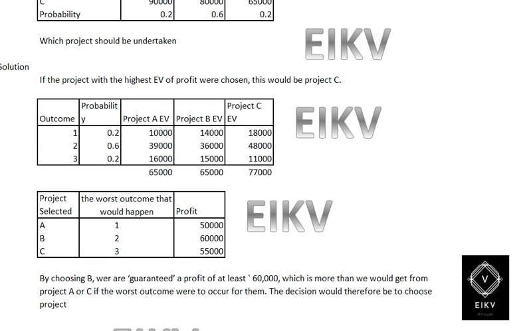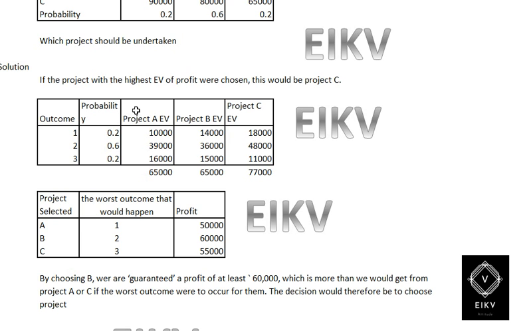So going ahead with the solution. The project with the highest EV, that is expected value of profit, would be chosen. So the project with the highest EV should be chosen. From this statement we can conclude that it would be project C. For that computation I have made a table containing